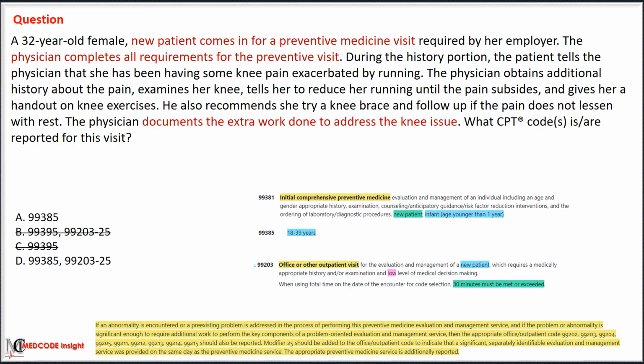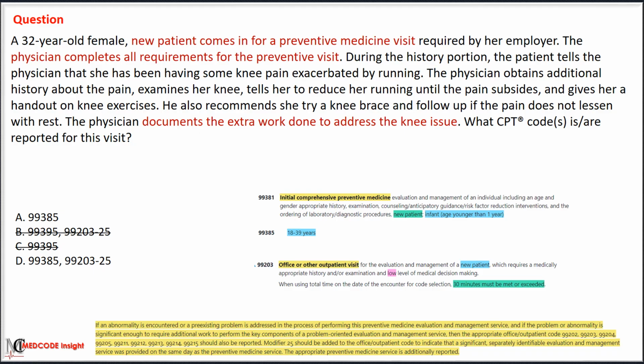Modifier 25 should be added to the office or outpatient code to indicate that a significant, separately identifiable evaluation and management service was performed on the same day as the preventive medicine service. The appropriate preventive medicine service should be reported.